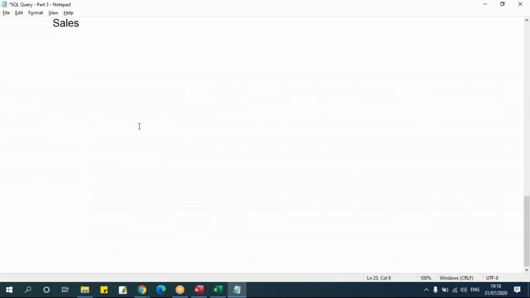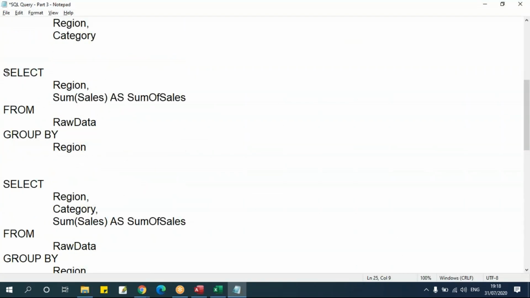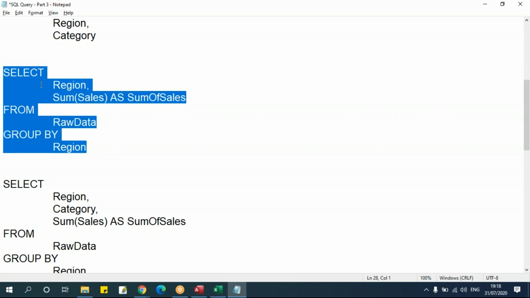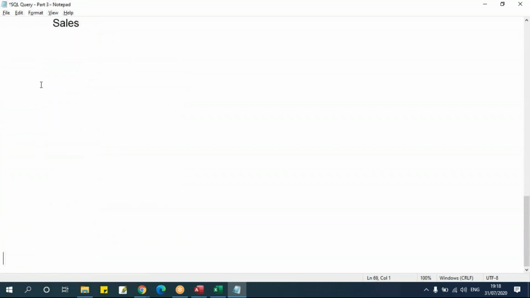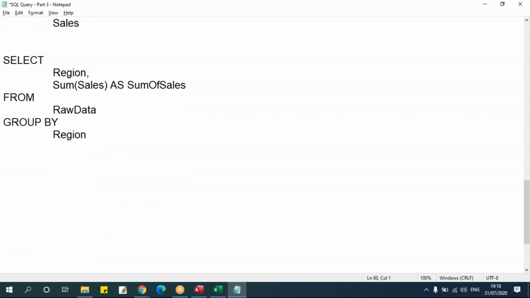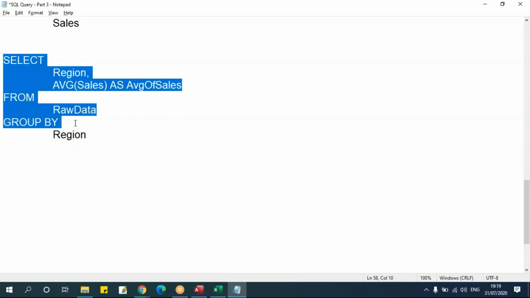How does this look in the SQL view? Let's go here. We'll copy this, take the same query and put it here. So it will be like this. Instead of sum, it will be AVG, average. And we'll change this here. If I'm not changing here, still it will give me the result. But if you're not changing just average of sales, then it will be confusing. Whatever name I've given, here I would have given sum of sales, and I'm using average as a function. Then whatever result is coming, depending on the column, we think that it is sum. So make sure that you give a meaningful name with the function you're using.